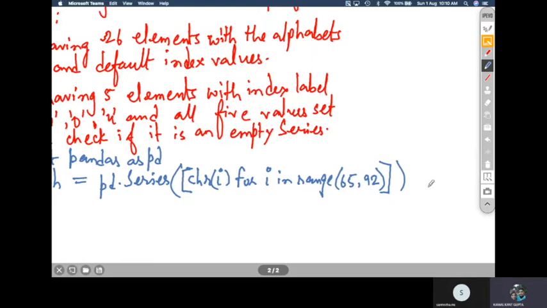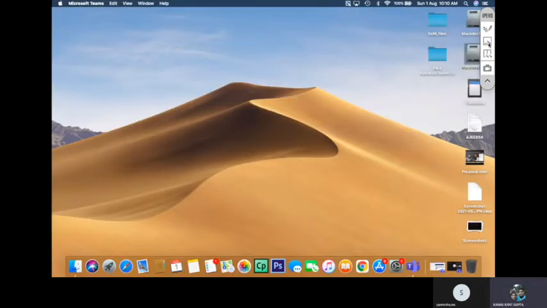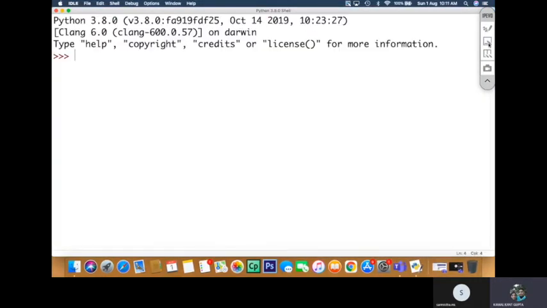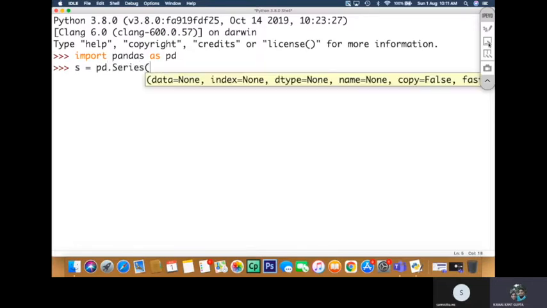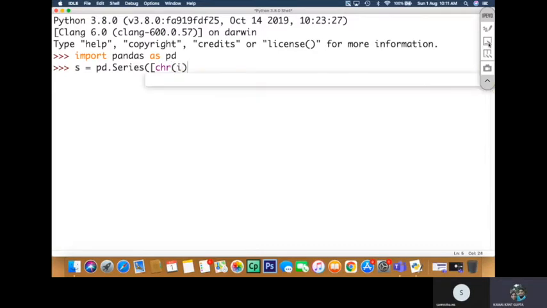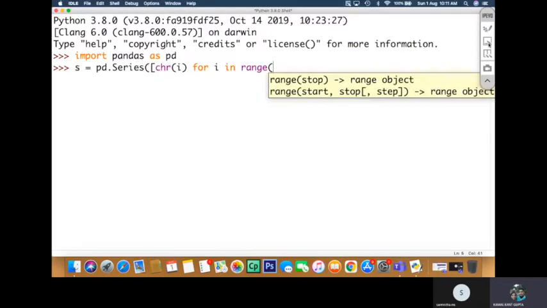So let's just try it out in a code window, so that we can see whether it is executable or not. Let us write here import pandas as pd, and then I will write s = pd.Series, and here I will just pass the list comprehension chr(i) for i in range 65 to 91.